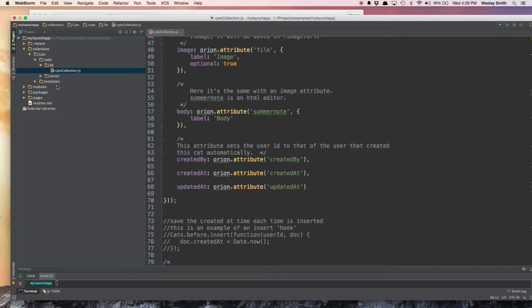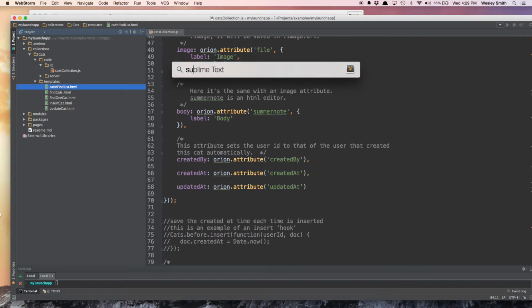Now, let's go ahead and open our templates folder for the cats. So open the templates folder in your WebStorm, and you'll notice there are several different HTML templates in here. We have cat in find list, find cats, find one cat, insert cat, update cat. You might notice that these sound an awful lot like the normal collection operations that we do. That's because they are. Find cats, plural, that's just like when we type